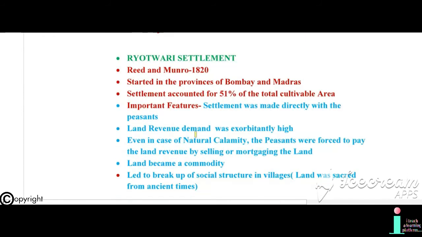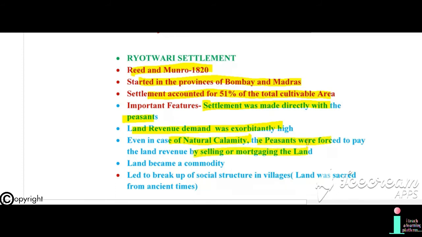The next important settlement was the Ryotwari Settlement. This settlement was started by Reed and Munro in the year 1820. It started in the provinces of Bombay and Madras, and accounted for 51% of the total cultivable area. Its important features were that the settlement was made directly with the peasants, and the land revenue demand was exorbitantly high, and even in cases of natural calamities, the peasants were forced to pay land revenue by selling or mortgaging